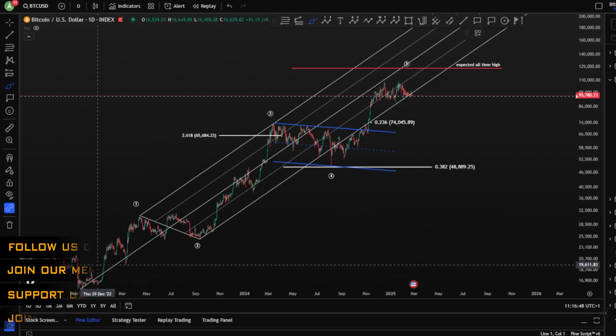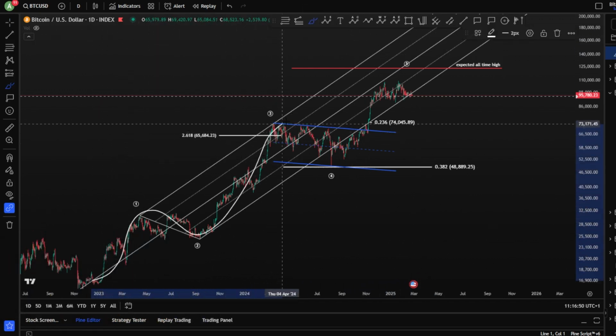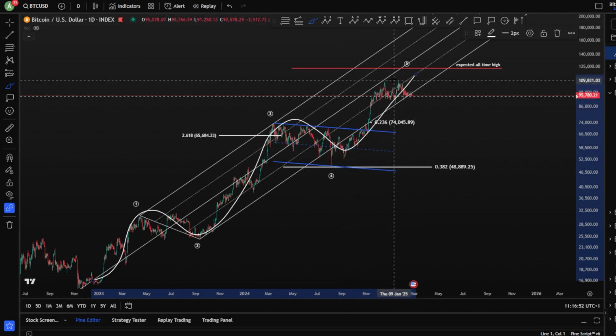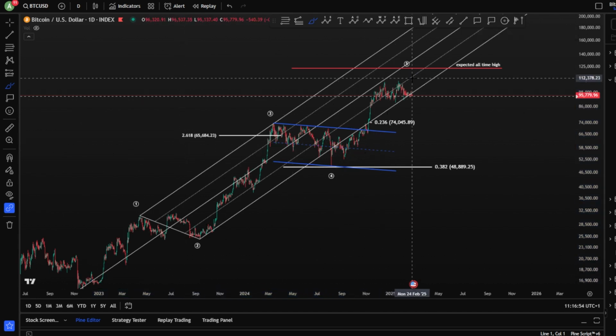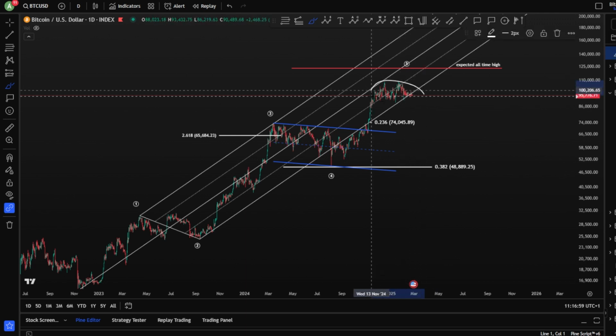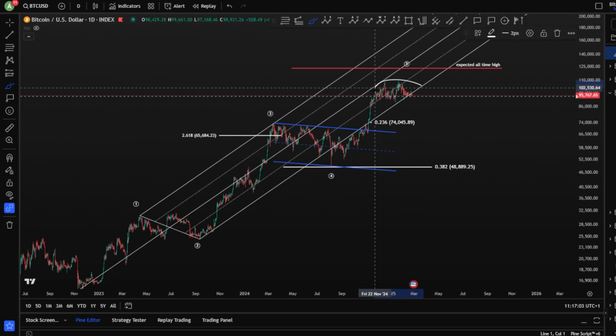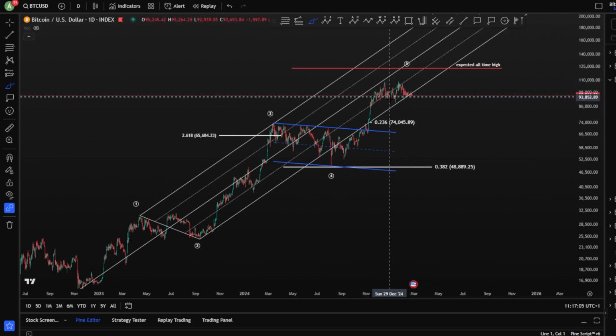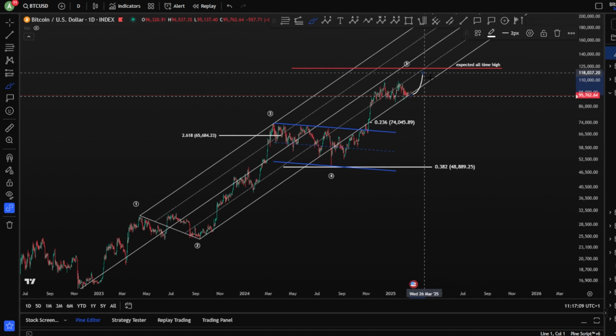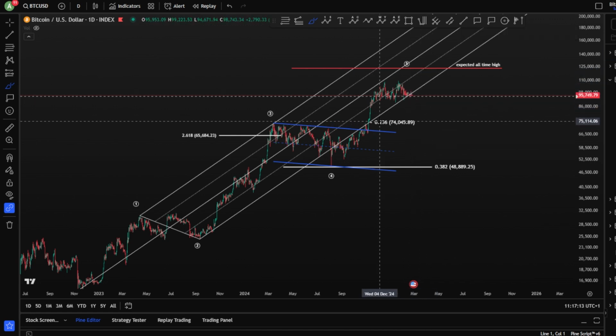Starting on the daily chart, we are looking at our biggest impulse toward the upside for this cycle, from the 15k to the 100k for Bitcoin, even higher. Very nice bull run. Of course, currently we are in this fifth wave toward the upside, probably finished, probably not yet. And this is a debate now between one more wave toward the upside for the bullish scenario, or a finished bull run and moving toward the downside.